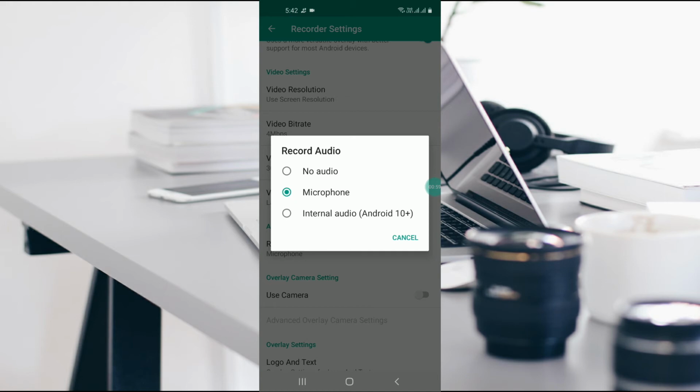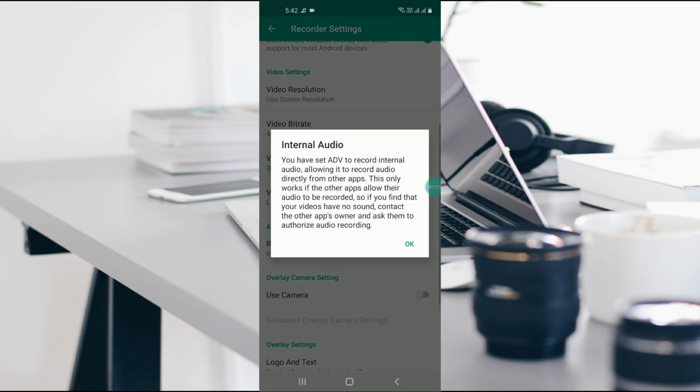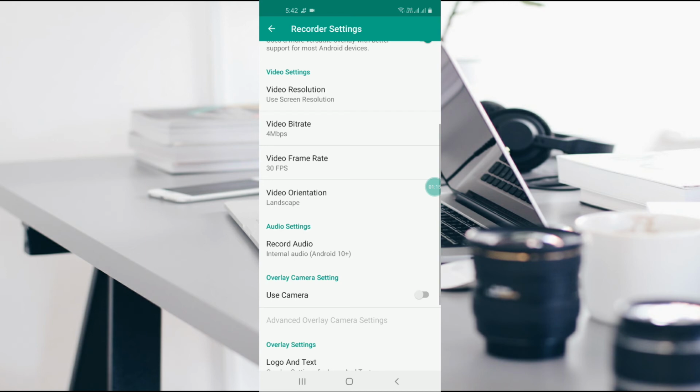So click on internal audio and then you can start recording audio of your games, your specific application that you want to record using your Android screen. You need to just click on it and click on save, right? So as I am recording this video from this software only, screen recorder, though I will make it back to